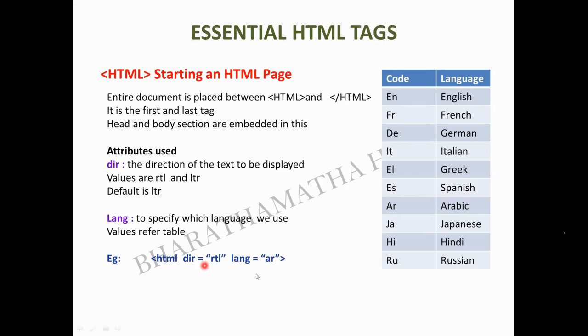So this attribute, if you want, you can add for many other languages, or otherwise, if it is simply for our English language and all, these two attributes and values you can leave off. It is optional. But compulsorily, if your language is different, the language attribute has to be included. And if it is Urdu or Arabic or any other language which uses the direction RTL, compulsorily this dir attribute has to be written. Is it clear? So till this we have seen yesterday.